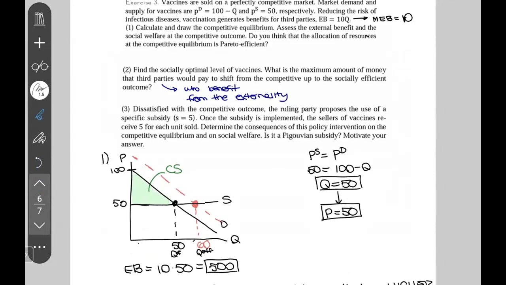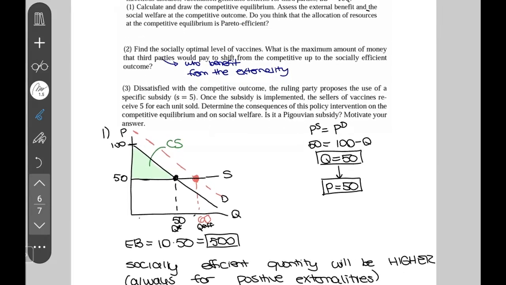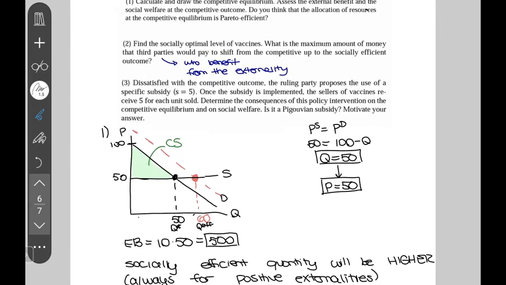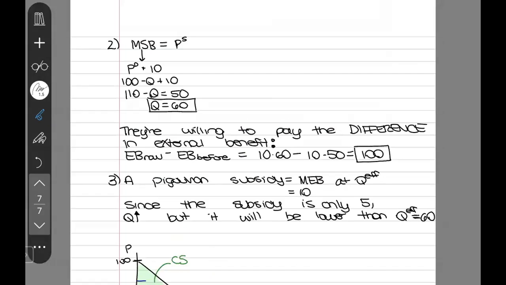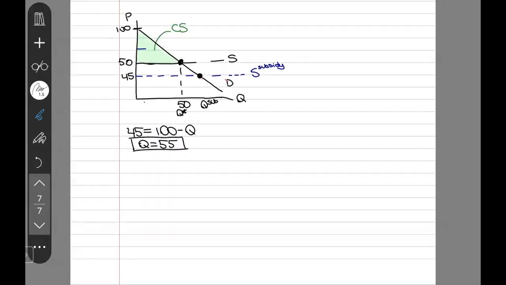So when we say that it's socially efficient, that means that you're getting as high of a total welfare as possible. And so in this case, it's just not happening because specifically, we're still going to have a deadweight loss. So if you did want to calculate the new social welfare,